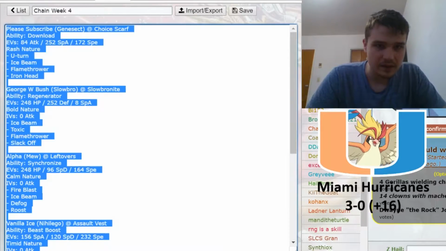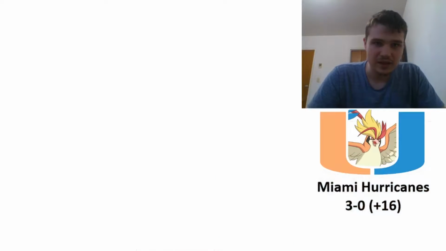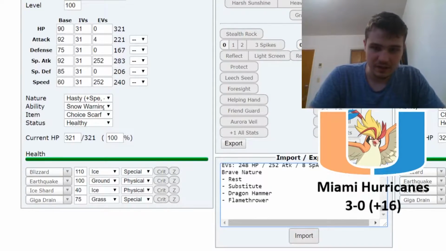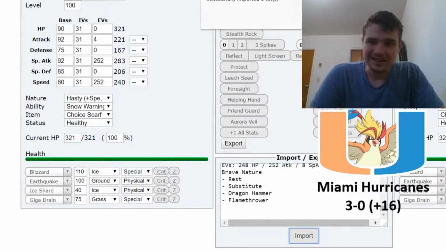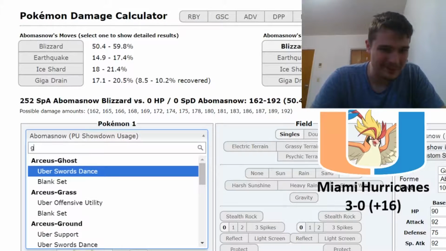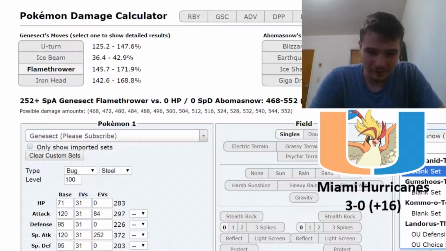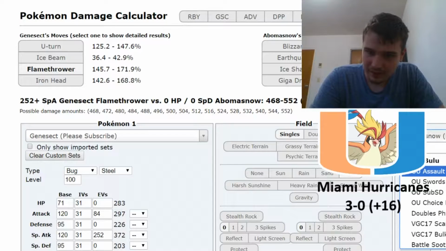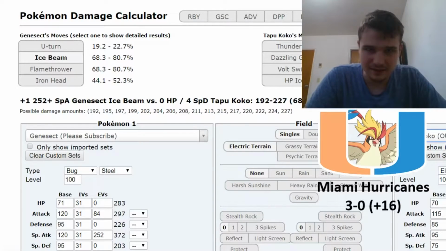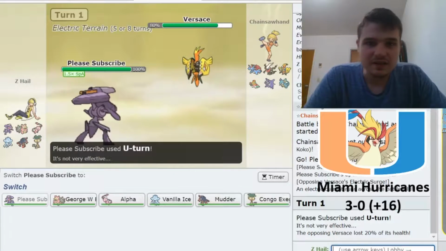So I'm gonna import my team and get it from damage calc. If you guys want to know about anything I brought, just watch the team builder. Sorry, I have a hard time talking when I'm inputting this thing. I will have a team builder up. It will have been from probably either the day before or earlier in the same day. So let's see the damage we do. Yeah, it looks like he's just